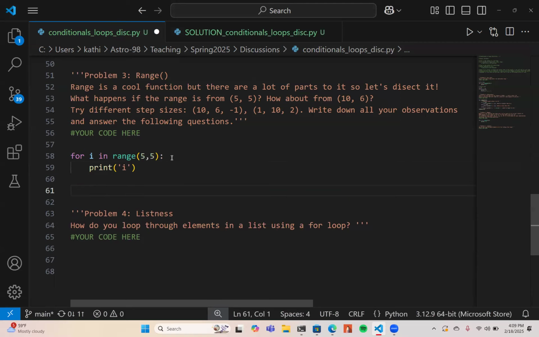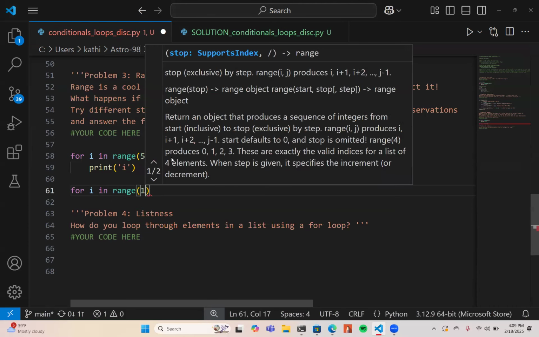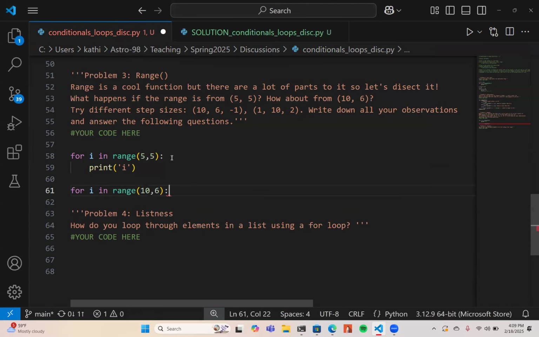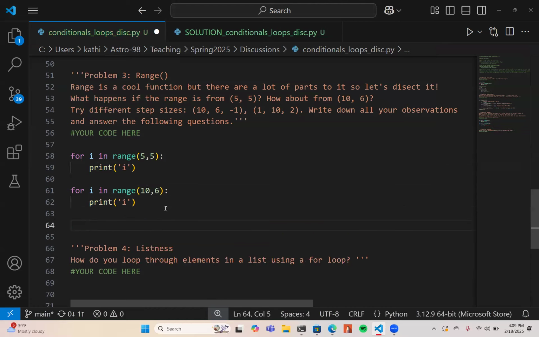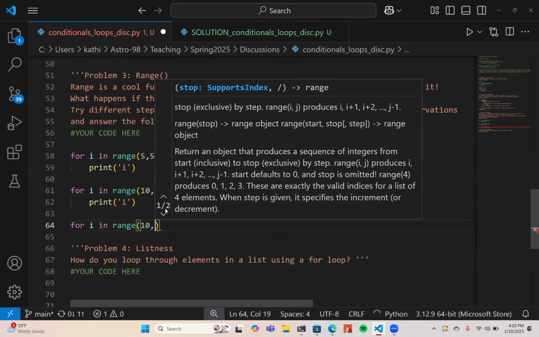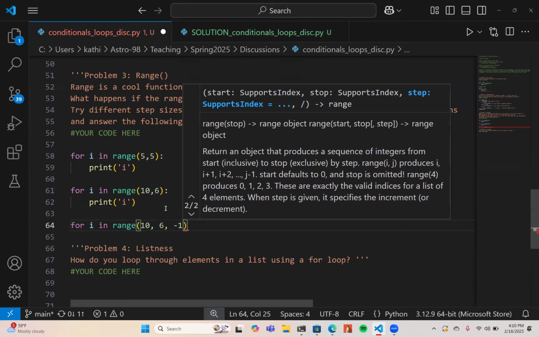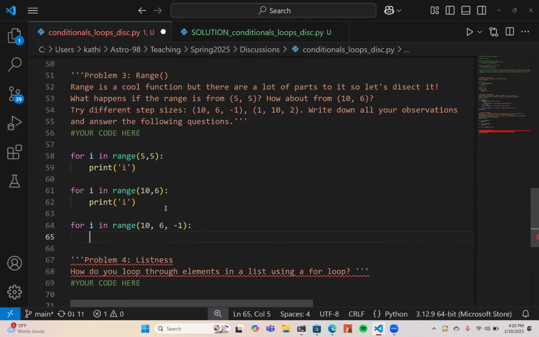And then for another one, if you did it for 10 to 6, or if we had 10 to 6 with a step of -1,